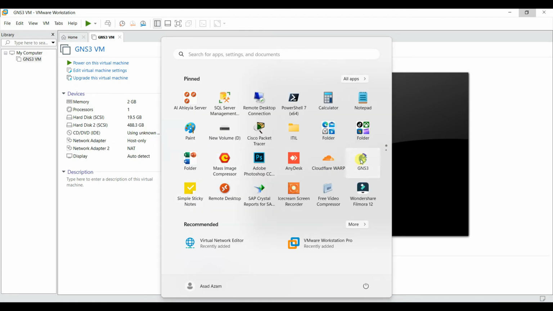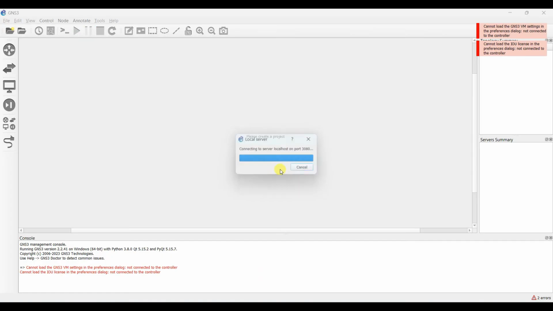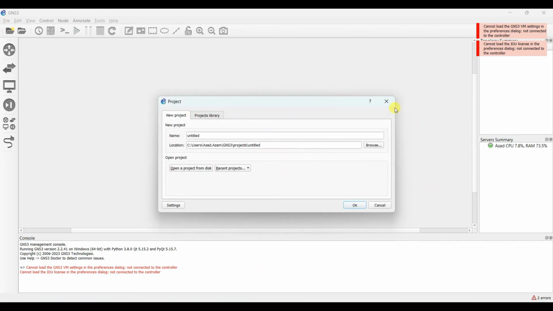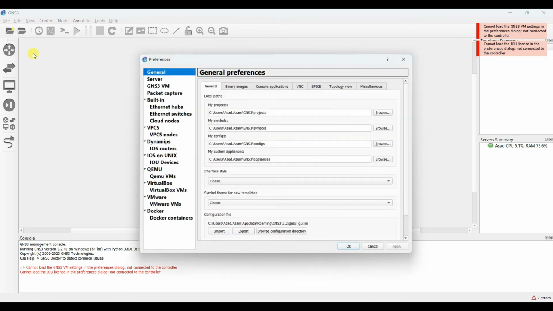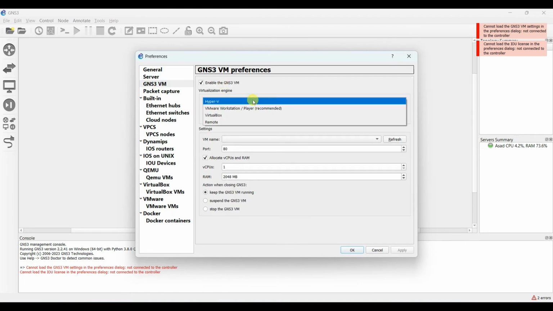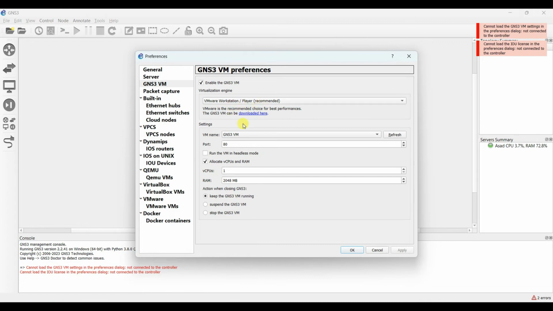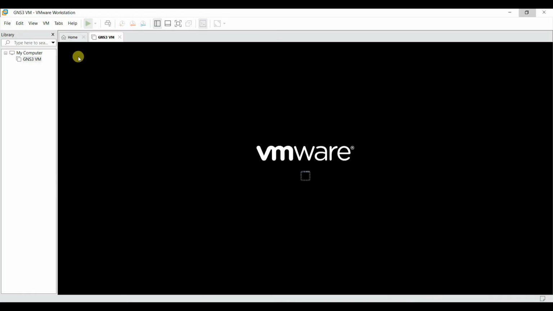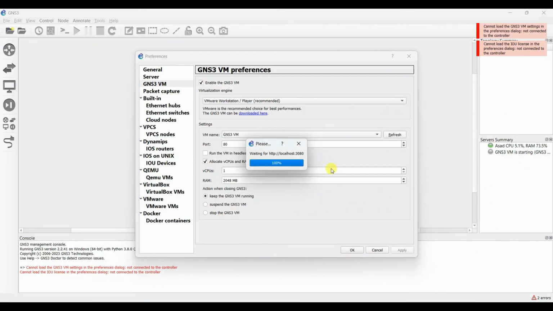Now let us open GNS3 and see if it is working. Go to Preferences, select the Server, enable the server, and enable GNS3 VM. Select VMware Workstation. The VM will be automatically attached. You can change the processor from here. Trying to start the VM from GNS3, it's not starting, so we need to check